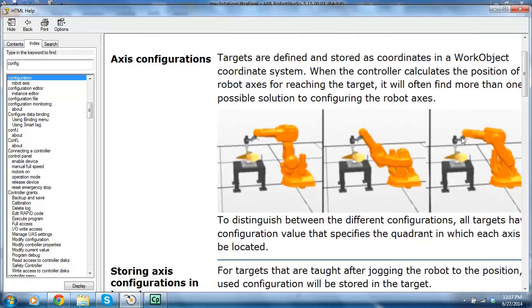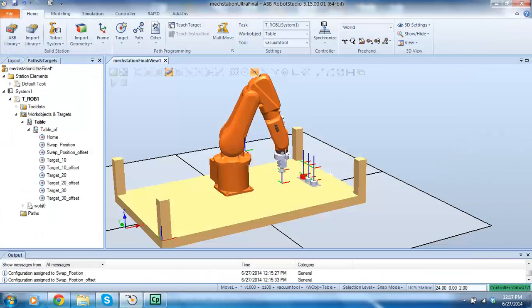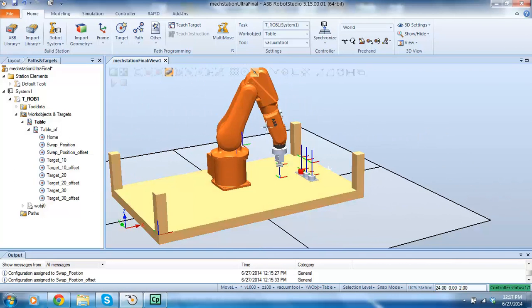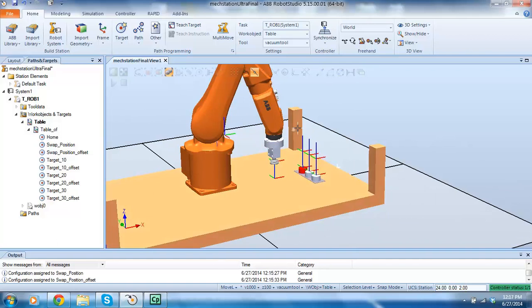So we have multiple configurations. In our example, the robot has only one way of getting to this point. I'm going to do another video. You're going to see multiple configurations, and that will make a little bit more sense. Okay,